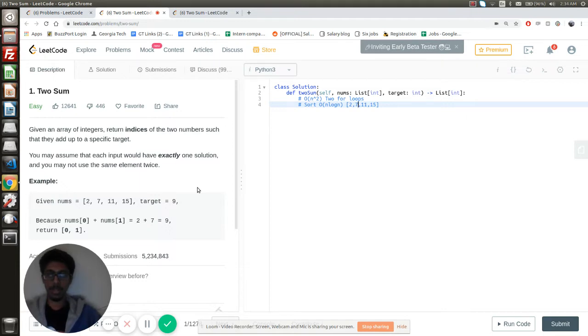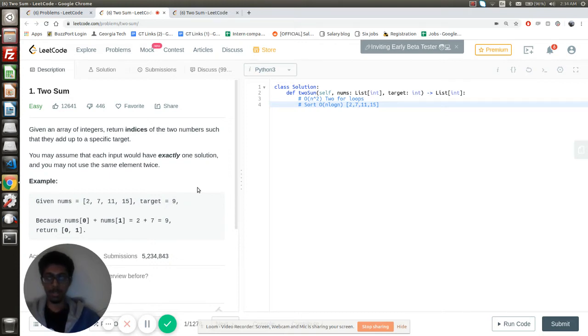This method is definitely going to work because you have sorted the array in increasing order, and you start with the smallest element and the largest element, and you decrease the largest element if you are exceeding the target, and you increase the smaller element if you are below the target.